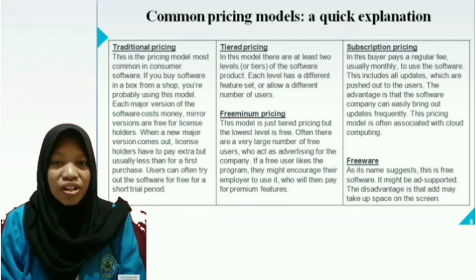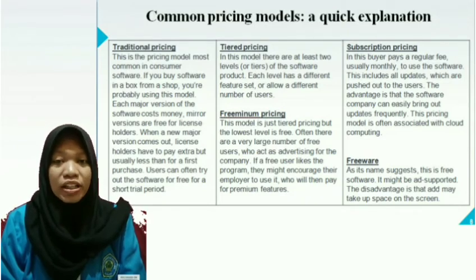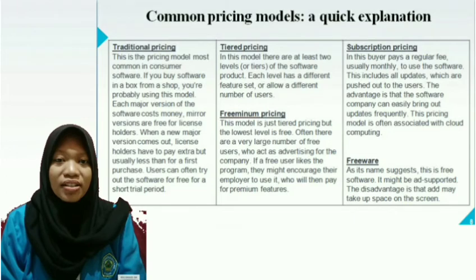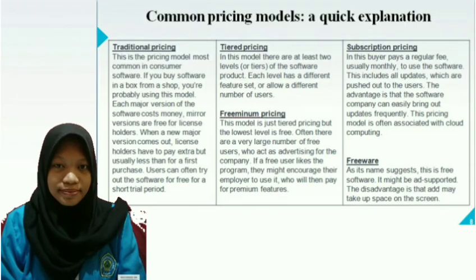Each major version of the software costs money. Minor versions are free for license holders. When a new major version comes out, license holders have to pay extra, but usually less than for a first purchase. Users can often try out the software for free for a short trial period.